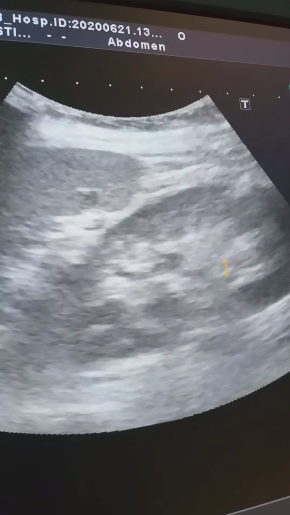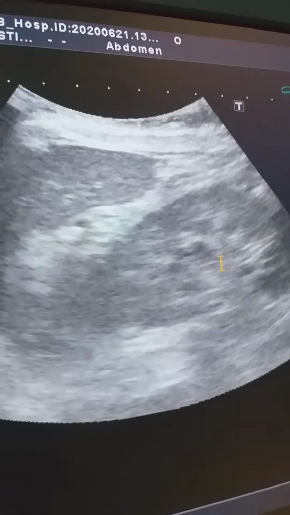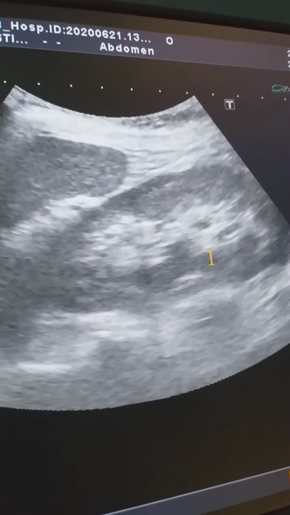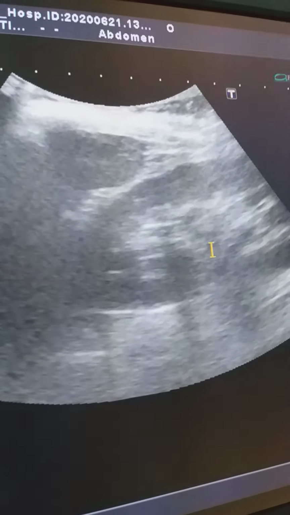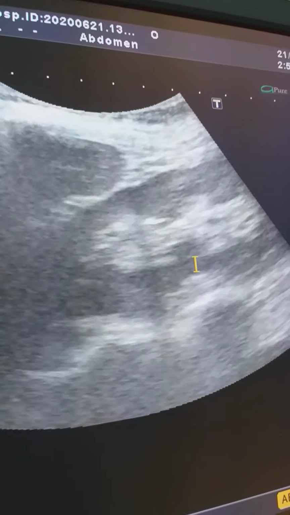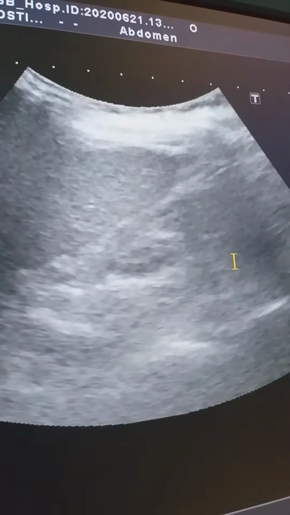So this is the second kidney. We can see that it is normal, no focal lesion is seen. Spleen is also normal, and I have already scanned the abdomen, no lymphadenopathy is noted. So